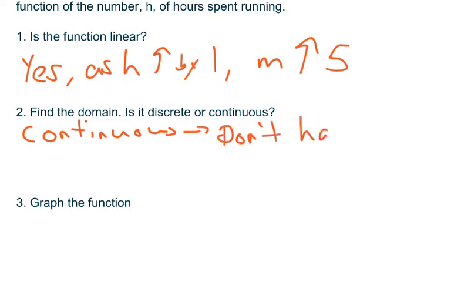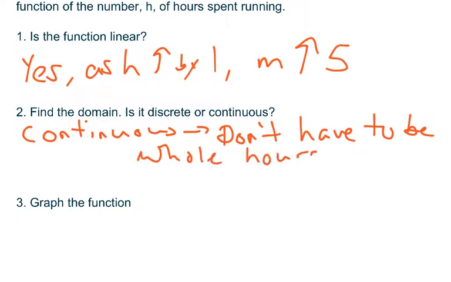Our hours don't have to be whole numbers or even half numbers. You can come up with an infinite number of different hours. It might be the difference of a half of a second or a quarter of a second, but it is different. So what we can say is then that the domain itself